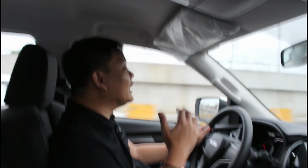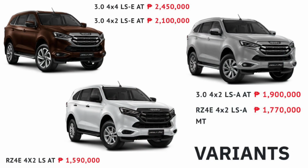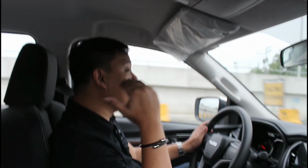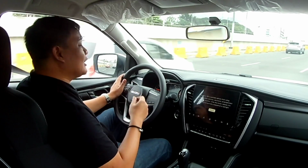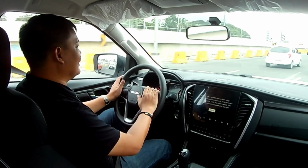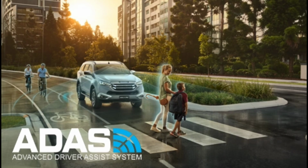Now, across the range, there's no denying that prices have significantly shot up. But it's also worth noting that the prices range from 1.5 million pesos all the way up to 2.4 million pesos. So there definitely will be a variant to cater specifically to your needs. And for those who think the 2.4 million peso price tag is steep for the top-of-the-line 4x4 LSE model, it's worth noting that it comes equipped with Isuzu's advanced driver assist system, which works with a smart dual camera and